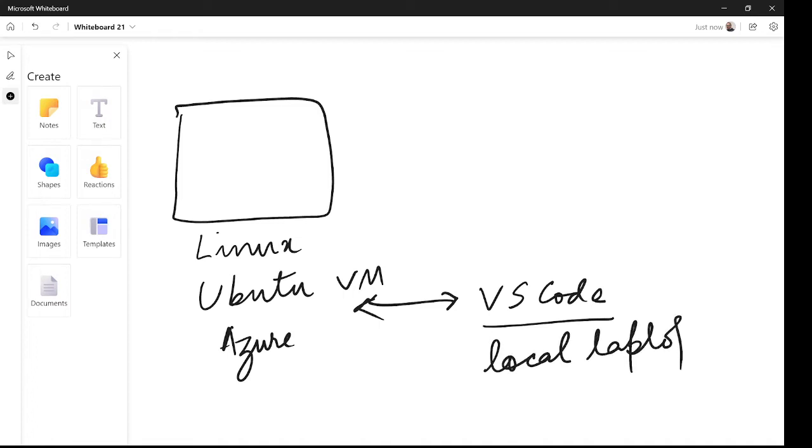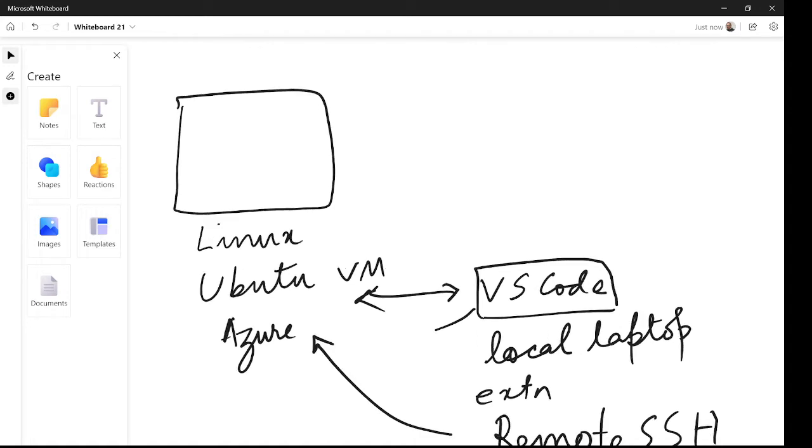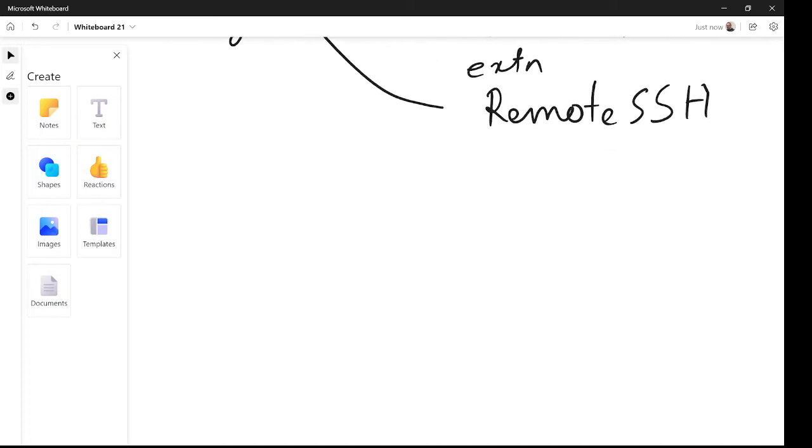So in my local laptop, I do not have any Docker runtime, any .NET Core runtime or SDK, anything of that sort installed. I only have a simple editor, VS Code, and using an extension which VS Code provides called Remote SSH, I will be able to remote into this Ubuntu VM from Visual Studio Code and do the development. And once I create the ASP.NET application and Dockerize it,